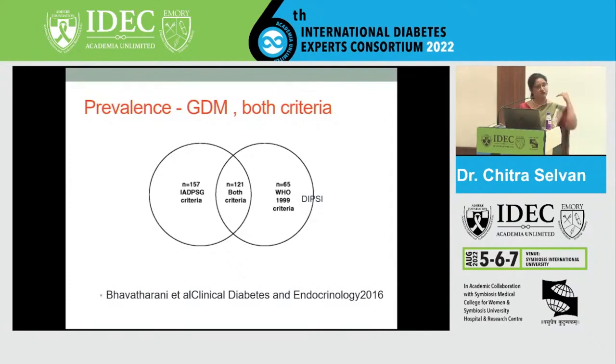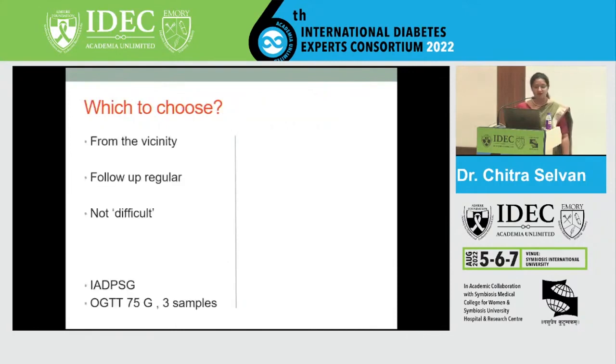But if it's a patient who's coming from 300 kilometers, and we don't really know if she'll meet her again, then definitely it would make sense to do a non-fasting 75-gram glucose 2-hour value. I hope that makes sense. But irrespective of your circumstances, it is absolutely necessary to screen and not miss the opportunity. So that is to quickly summarize all that we've spoken about GDM diagnosis.